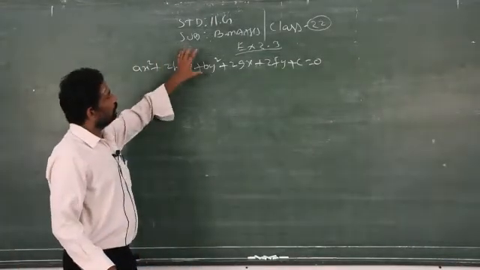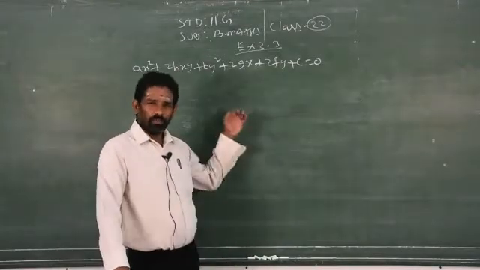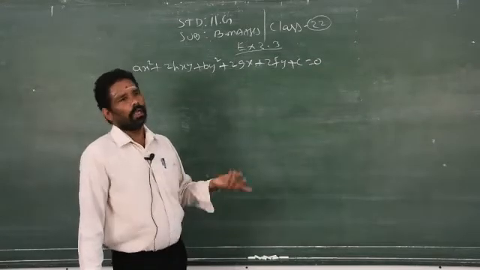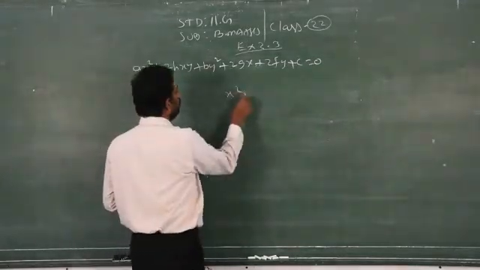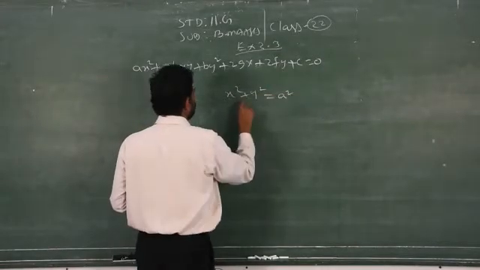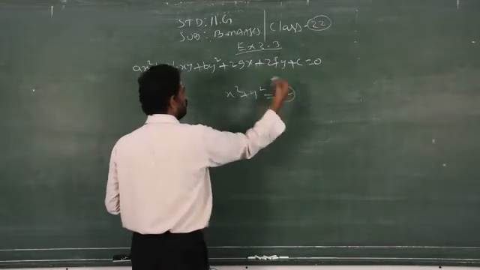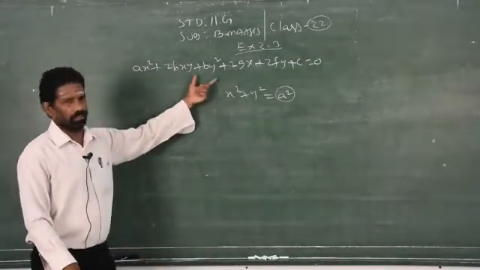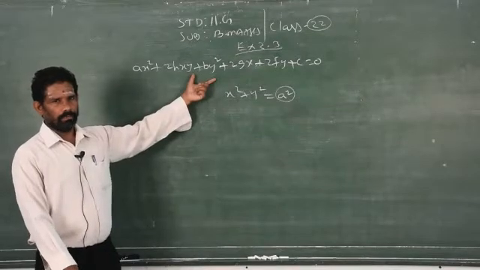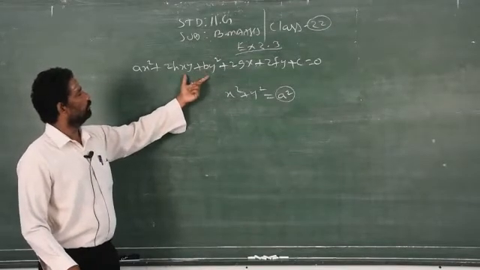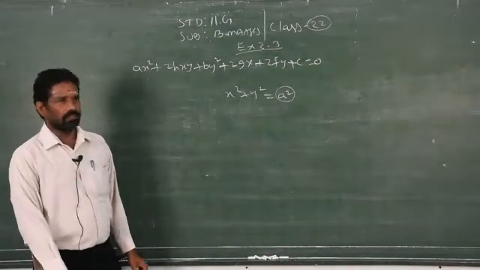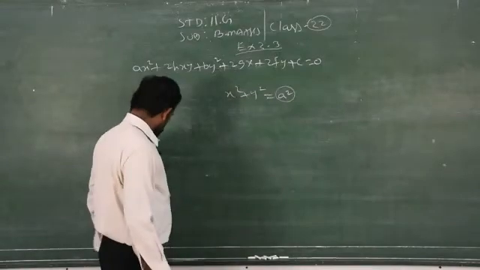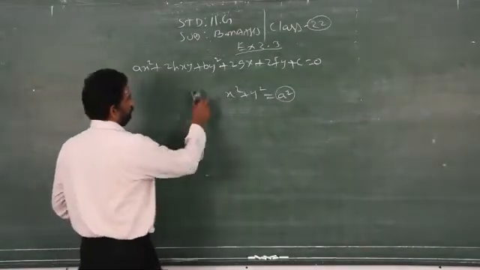So, this is the general equation. From this you have to find out the equation of the circle. In the lower class you might have studied only the circle equation x square plus y square equals a square or whatever it is. This may change depending upon the questions. So, this equation you have to derive from where? From the general equation of the pair of straight lines. Clear? This stands for the circle which has the origin as center.